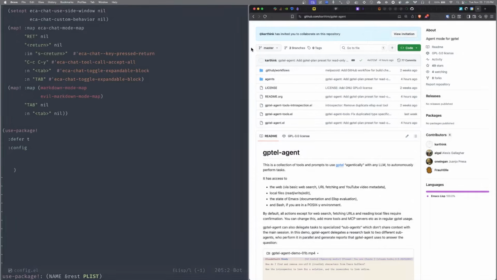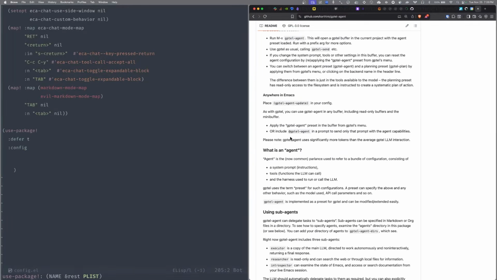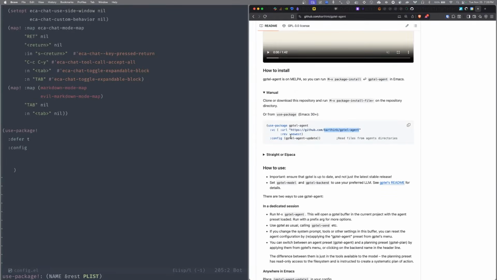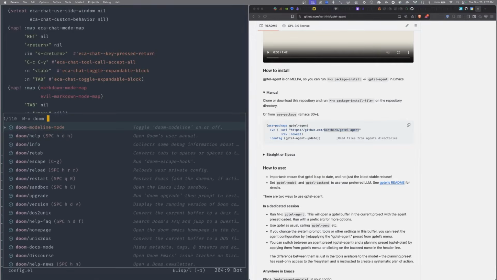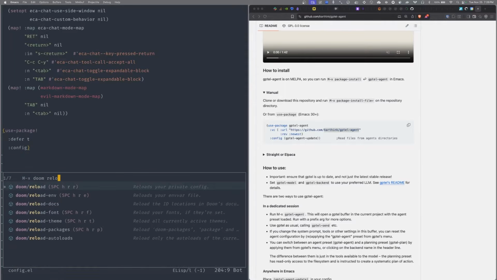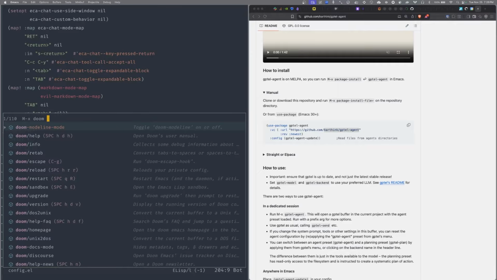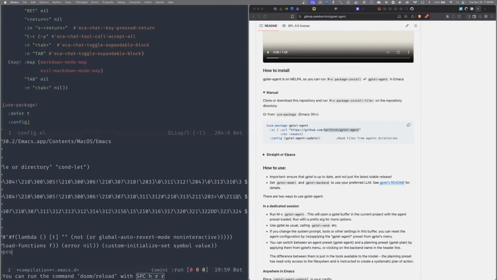What are the basic config things I'm gonna have to set? There's a function called gptel-agent-update. Although you know what, let's ignore it. Let's just start with that. So typically, if I do doom sync, which is the command line option, it should get the package. Let's see what it does.